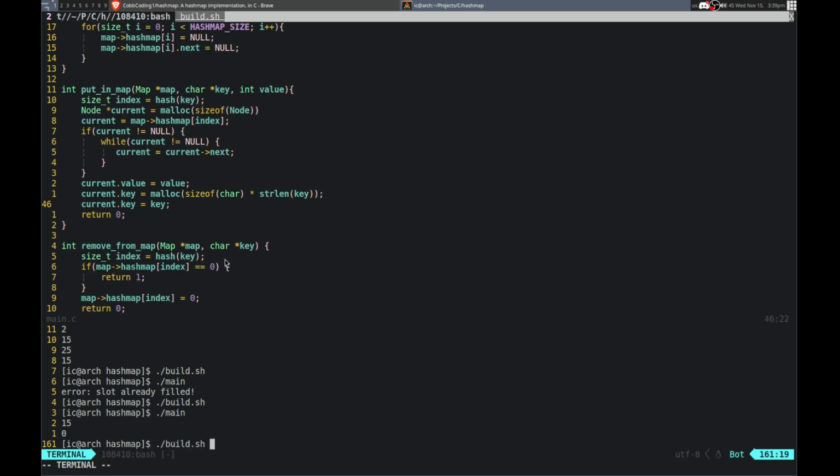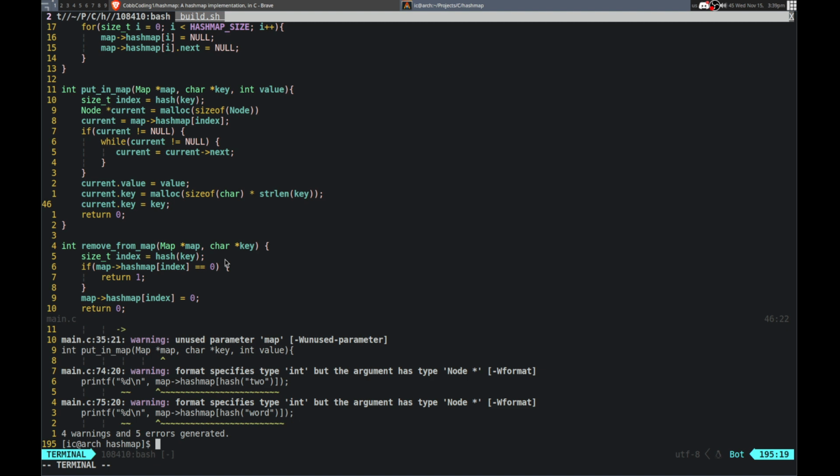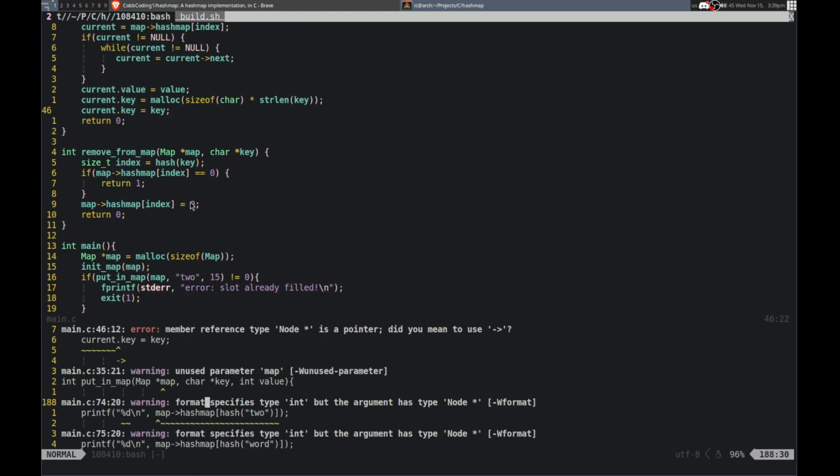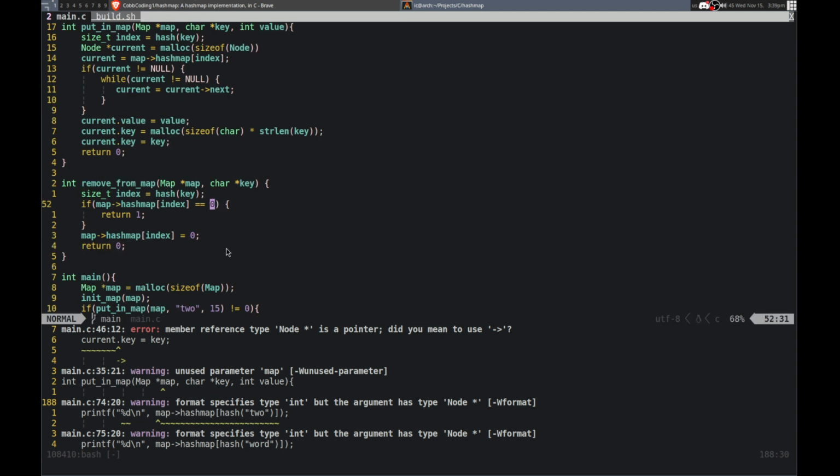Alright, so let me actually build that. And we do have some errors. Argument has type node. Okay, so we do have errors there. Let me actually finish. I don't know why I built it. I need to finish this. So now the remove from map equals null. Then yeah, it's already removed, so that is good. And then